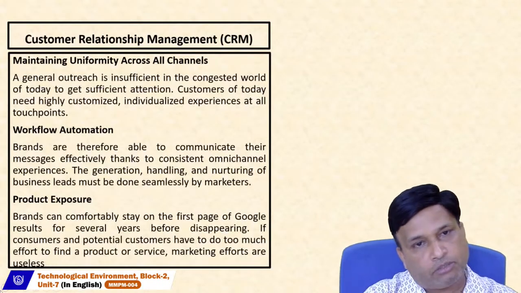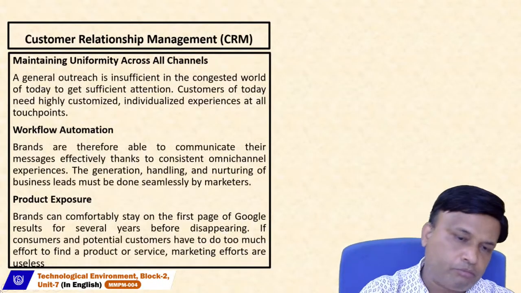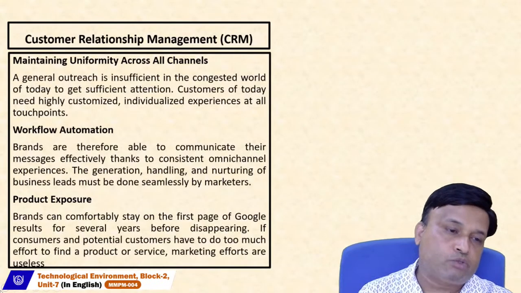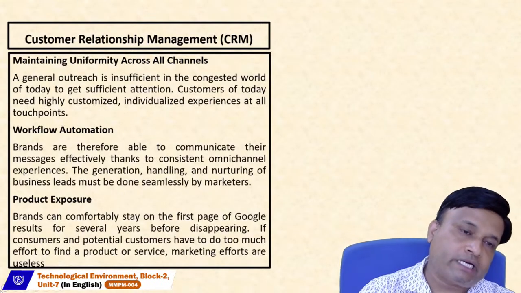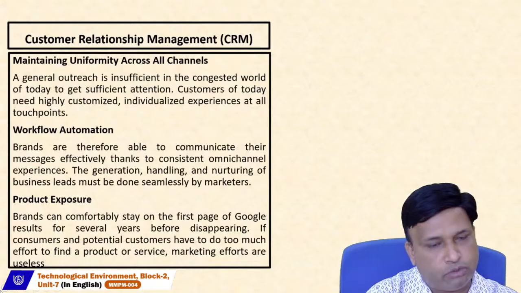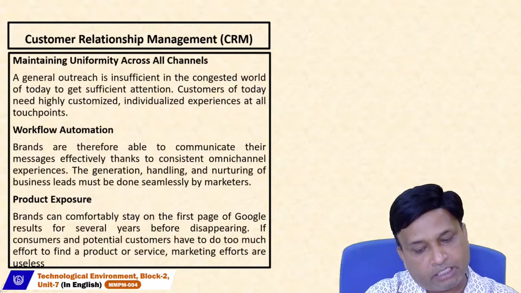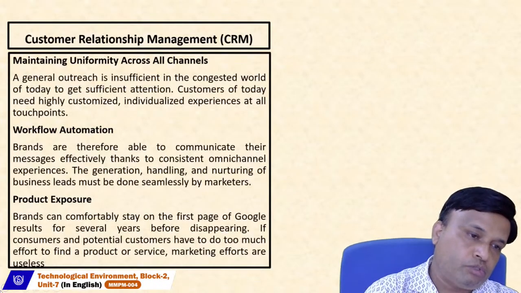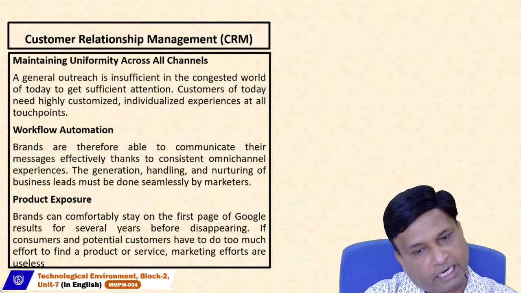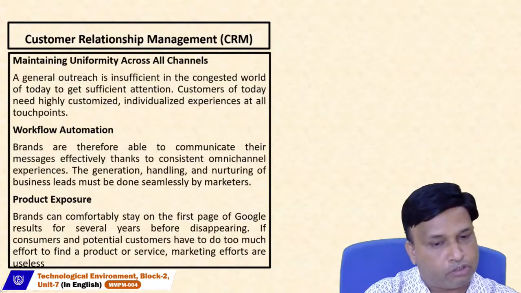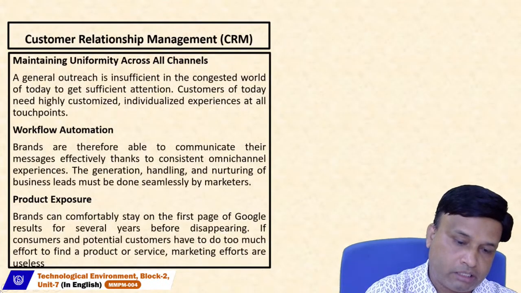That is exactly possible through customer relationship management, or on the basis of your past purchases and past searches, we can show you the products. We are talking about the recommendation engine which is used by Amazon. Amazon uses a technology known as recommendation making. Based on your previous purchases, we can recommend products which are your kind of product. If the potential customer has to make too much effort to find a product or service, marketer efforts are useless.